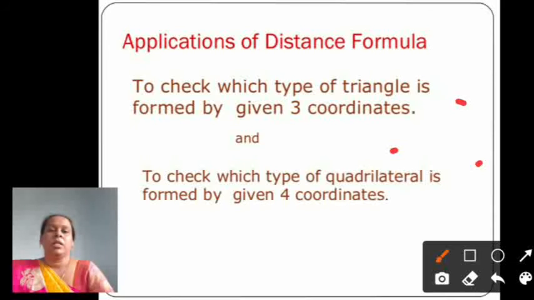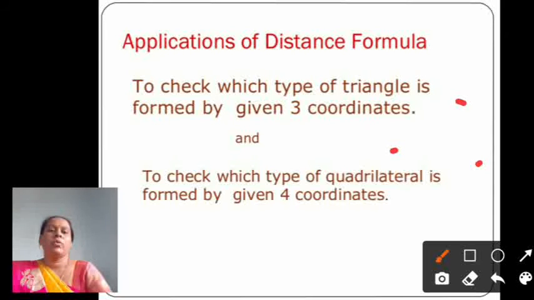If the triangle is an equilateral triangle, all 3 distances are equal, AB, BC, AC, if the points are ABC. If the triangle is an isosceles triangle, then 2 sides are equal, means 2 distances are equal. If the triangle is a scalene triangle, all 3 sides are different. If it is a right angle triangle, then you can show that the square of one side is equal to the square of the base plus the square of the perpendicular. In this way the distance formula is applicable for triangles, when 3 coordinates are given. At that time you can decide the nature of the triangle.